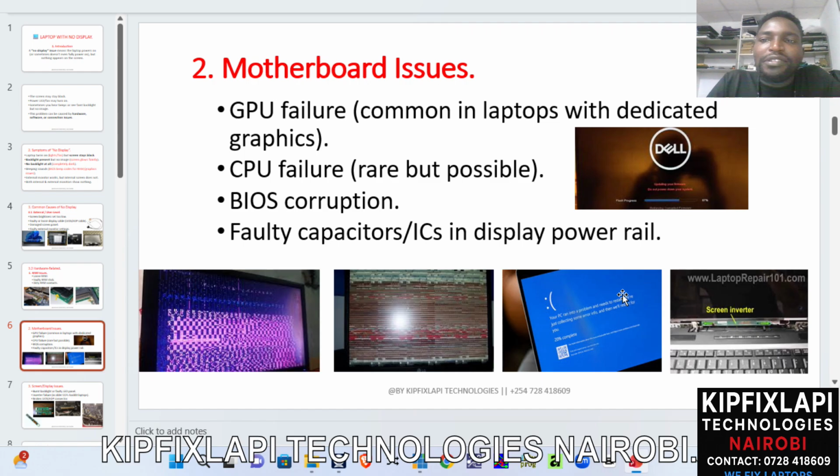Next, let's see the motherboard issue. Yes, the motherboard issue, you might be having a problem with the GPU, the GPU failure. The GPU is the graphics processing unit. It is a chipset which is responsible for enhancing the images in your laptop. Yes, if that chipset is faulty, it means you will have a problem with your imaging, and that affects your